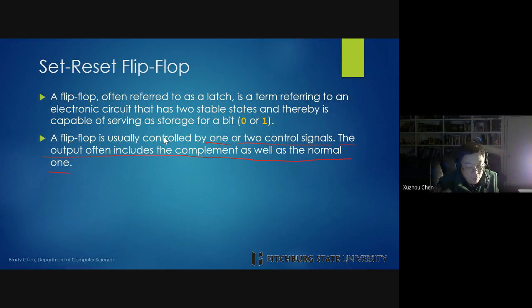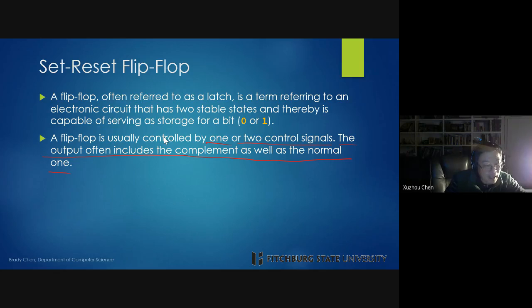The processors, the memories, or any kind of component inside the computer system is actually built with circuits. So a processor is a circuit, and the memory is a circuit, and so now the set reset flip-flop,